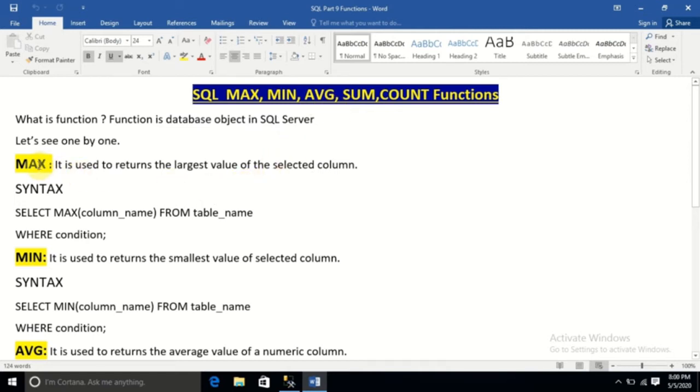This is the max function. Why use it? It is used to return the largest value of the selected column. This is the syntax: select max of column name from your table name, then where condition.